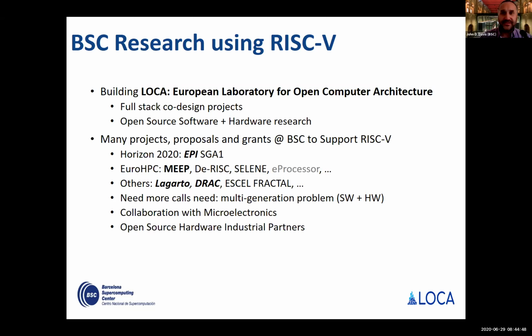There are many projects that are going on at BSC and other places that are driving this. One of the first around a large-scale RISC-V deployment was part of Horizon 2020 and EPI, the European Processor Initiative, in the first phase. I'll talk to, and there'll be talks about that today by others. I'm going to go over briefly what MEEP is. It's the MareNostrum Experimental Exascale Platform, how we're building that out, what its goals are, and there's many other Euro HPC style research projects there.